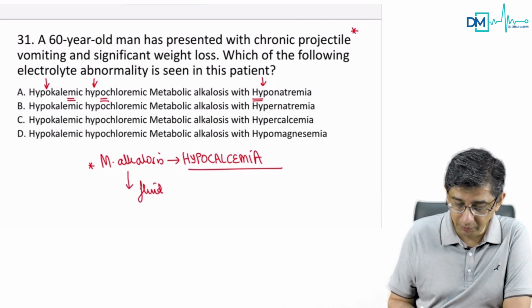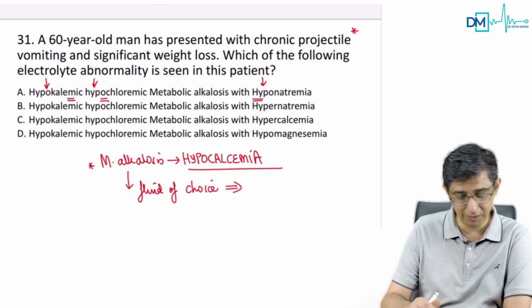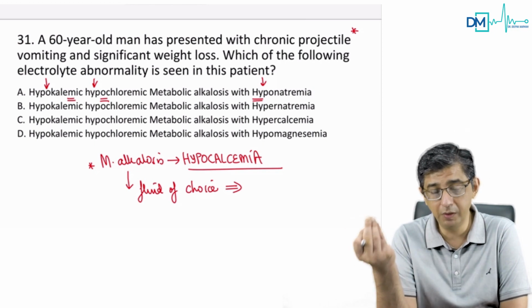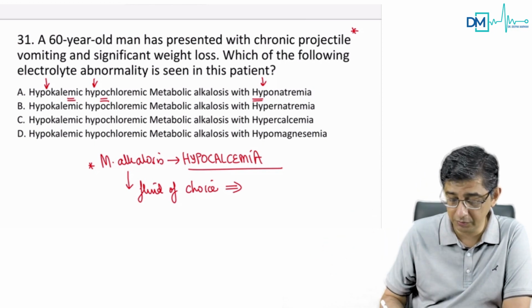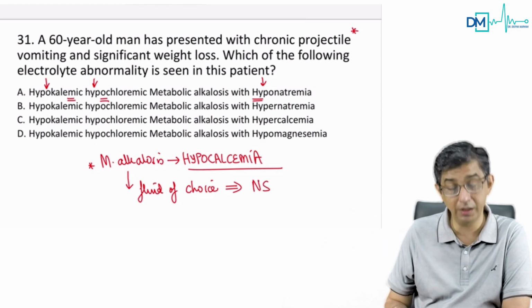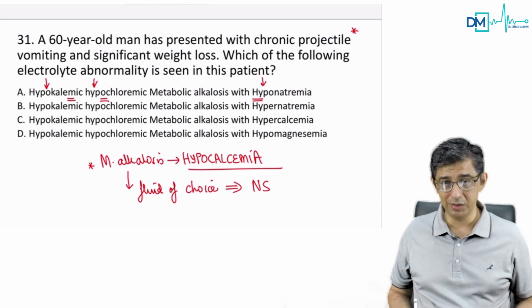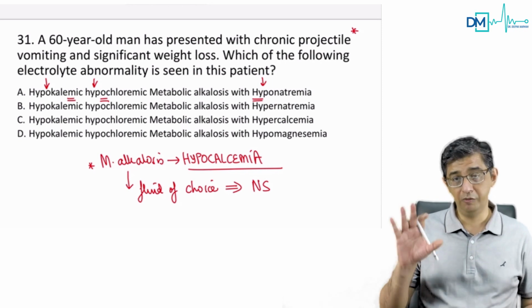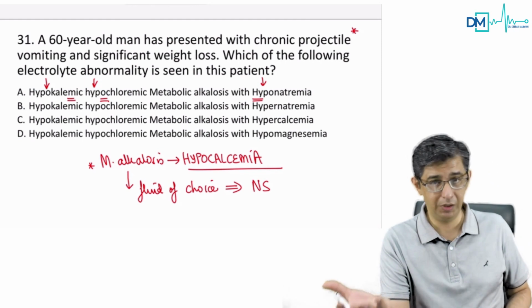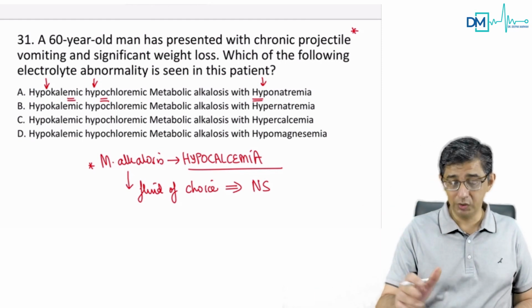Yes. Next time he can give you a question like this. He can describe a chap who's having all these electrolyte imbalances and he might ask what fluid will be given for correction. So the fluid for correction for metabolic alkalosis is normal saline. For metabolic acidosis, you know, it is Ringer lactate. But the bottom line is there are four hypos associated with metabolic alkalosis. So please go through this, guys.